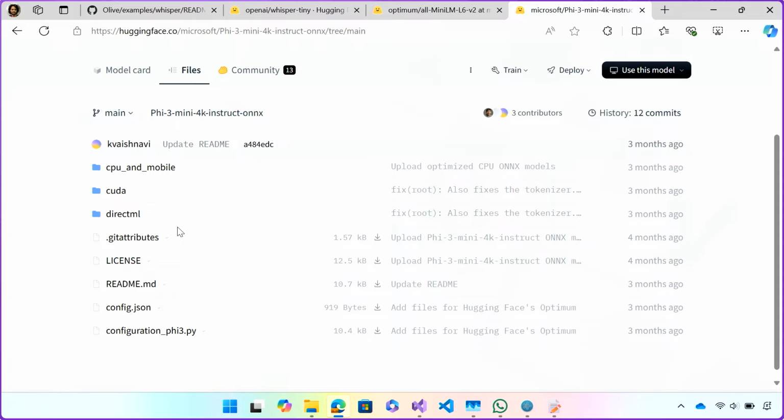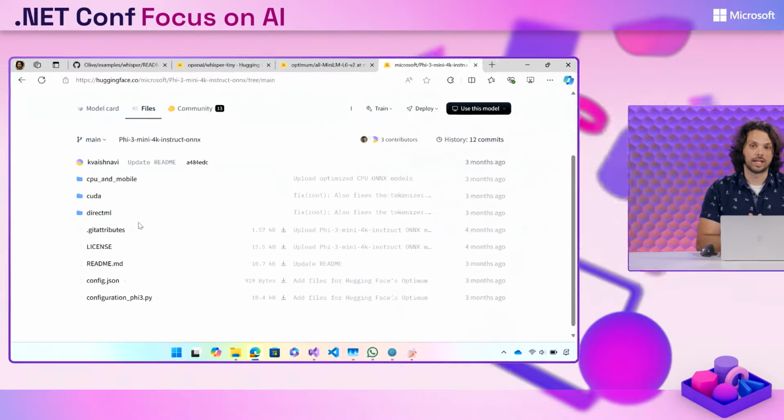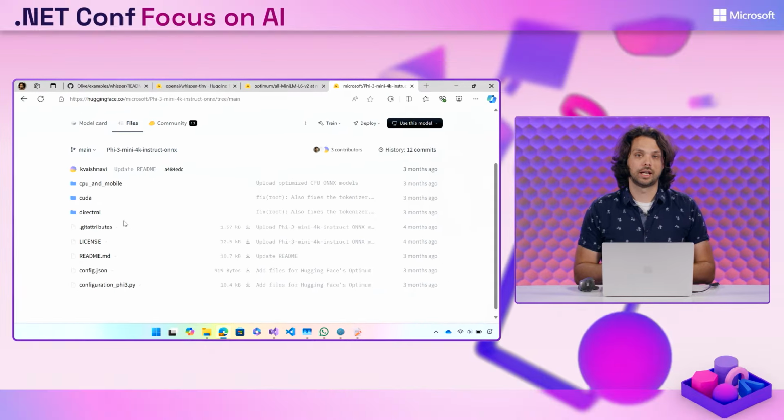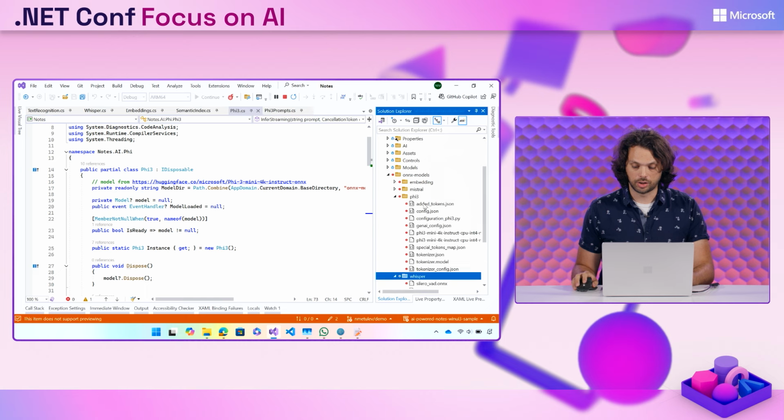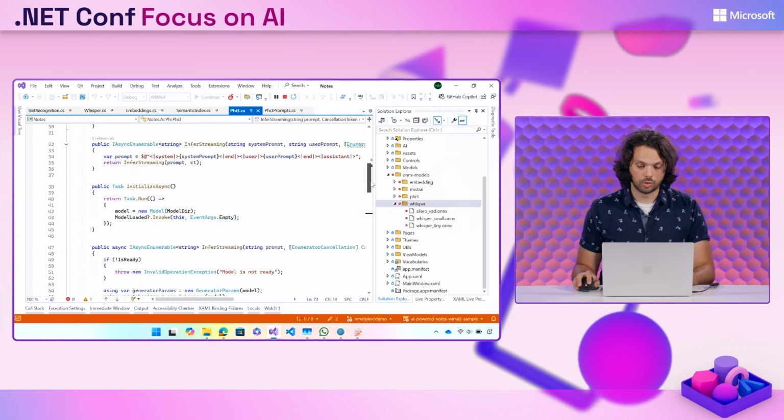Now, if you're not familiar with DirectML, DirectML is an abstraction API that allows you to run machine learning tasks and abstract away the hardware, the GPUs below it, so that you can run them across the wide variety of GPUs that run on Windows, whether that's AMD, Intel, or NVIDIA. So we've downloaded one of these models to our application and put it inside of our folder. There it is. That's the Phi 3 files that we got from Hugging Face. We've passed them on to our